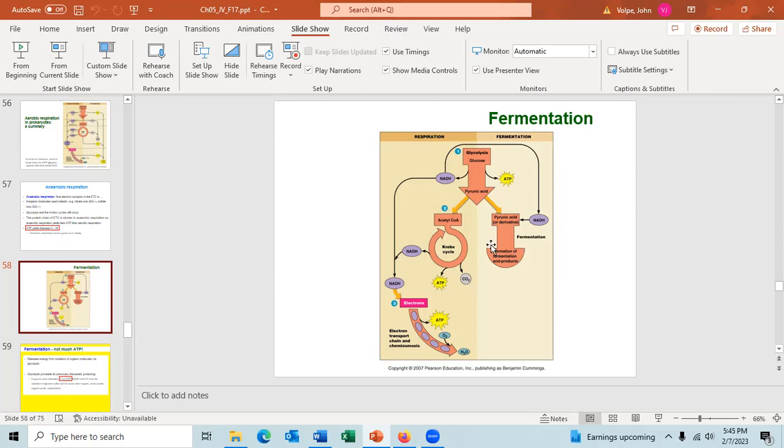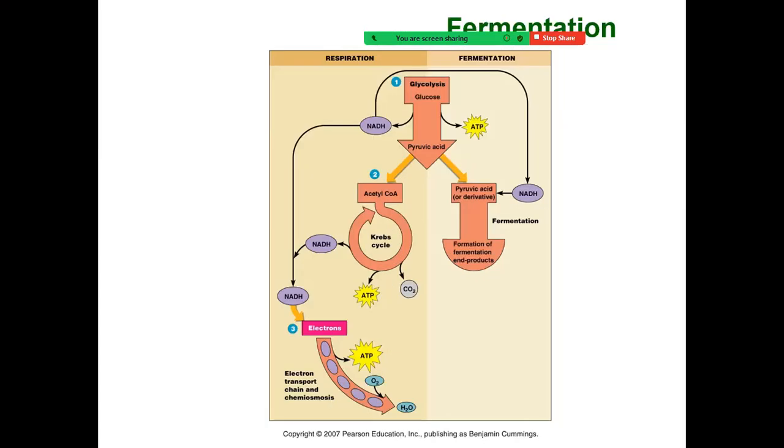And then the glycolysis is followed by 1 or 2 fermentation steps. Let me blow this up. So it depends on the fermentation step we're looking at. It looks like this is the normal fermentation. What the heck is that called? Sorry, I'm drawing a blank here. It's not alcoholic, it's lactic acid fermentation. This is what it looks like we're looking at here. And I'll talk about that in a minute.